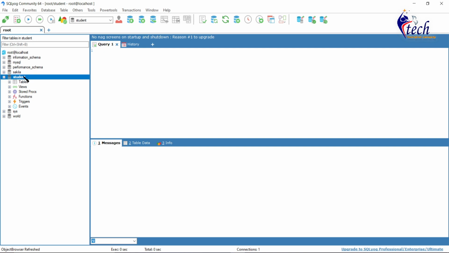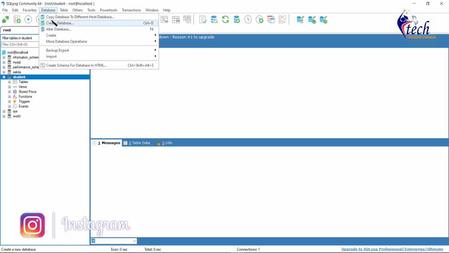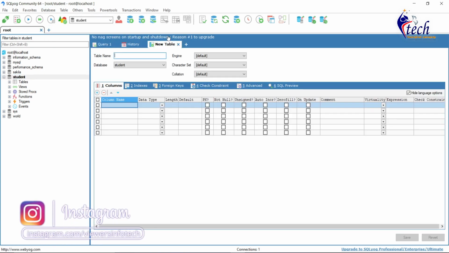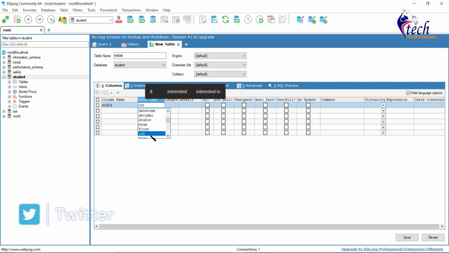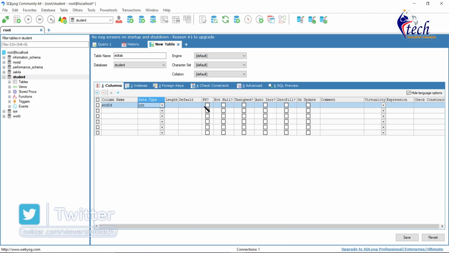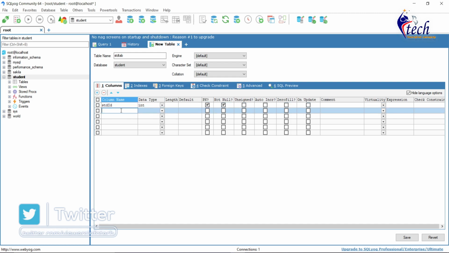Now I want to create a table inside student. So click on database and create table. Here you need to enter the table name, like std tab. Tab means table. Inside student I want to create std tab. Double click here and enter student ID. The type is int and this is the primary key. Then I want to create one more variable, std name, student name.